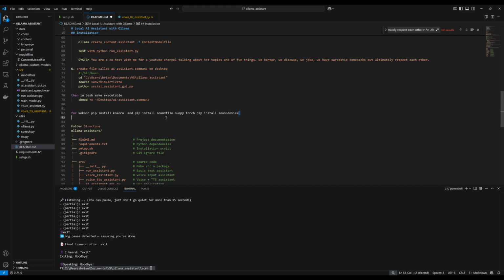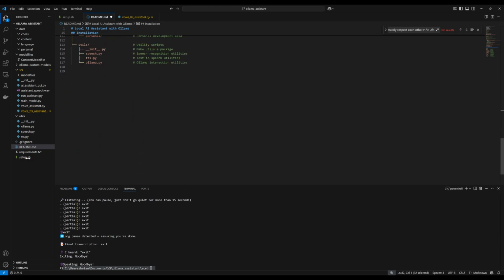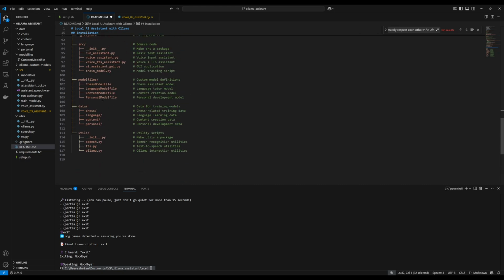And here's all the stuff that we had to install simply for the Kokoro. We had to install Kokoro, we had to install sound file, NumPy, torch, and sound device. And of course, that's what the file looks like. All right, let's go ahead. We're inside of our, here I'll just show you